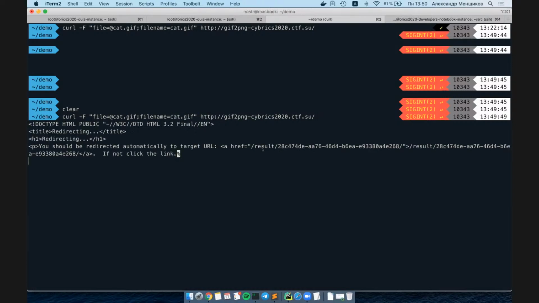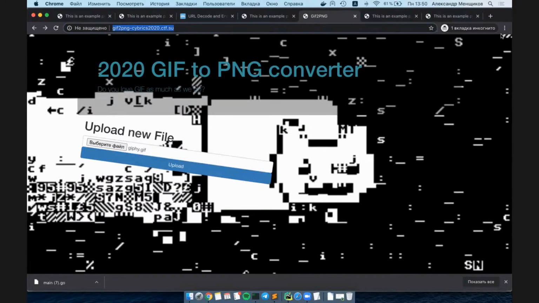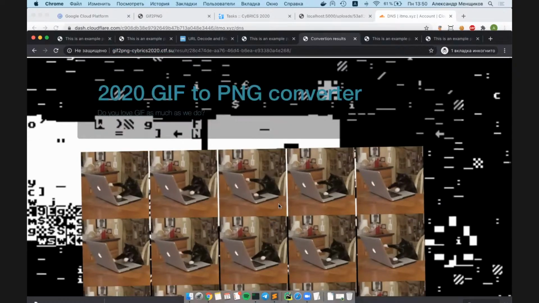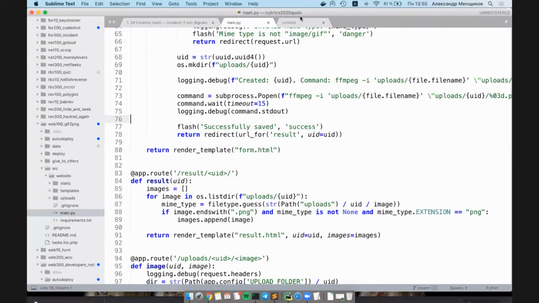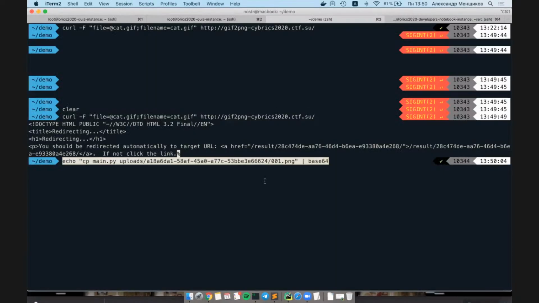If we do this, we've got this result, and we can simply place this result here and see frames of the cat image. I already prepared some stuff for you. For the first shell exec, we can do this command. So the regular expression can be